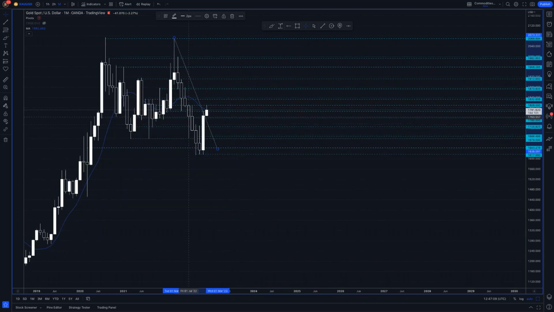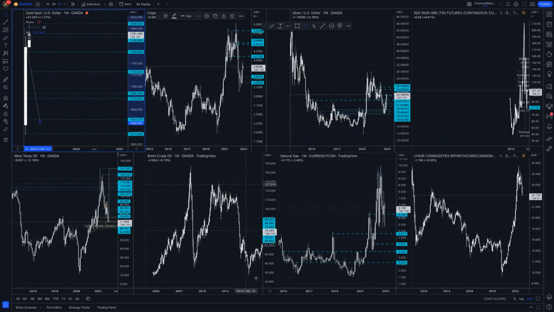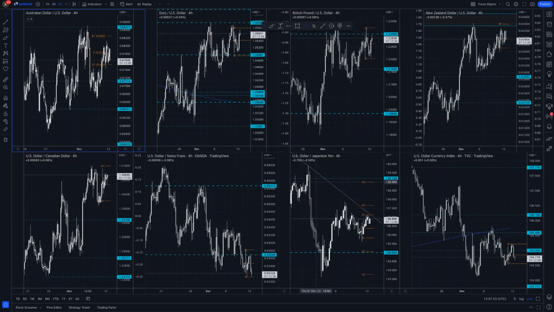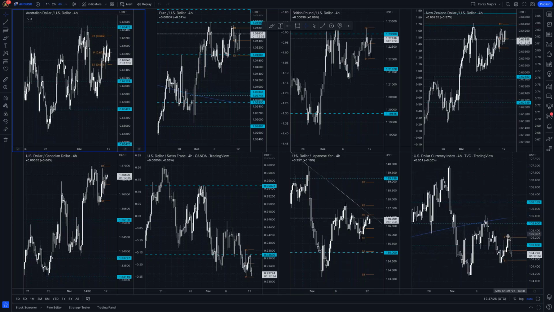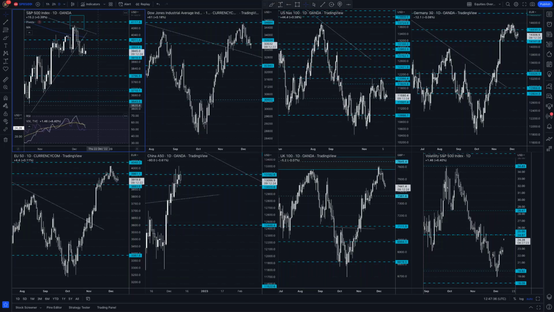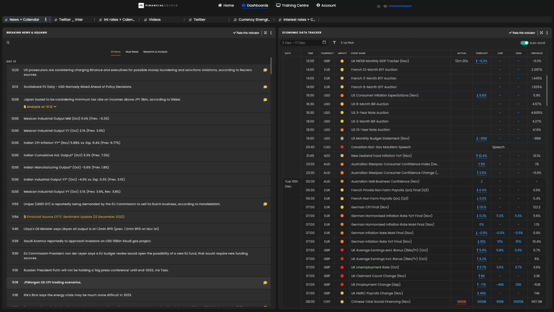But I'm not interested in buying at these prices unless Jerome Powell is extremely dovish on Wednesday. So in terms of what to expect with the major currencies, we would be expecting the dollar to strengthen on a hawkish Fed, and that would weaken the majors, or the dollar would weaken on a dovish Fed, and that would strengthen the major pairs. So that's the broad outlook. Do come back on Wednesday. I'll go through that in some detail.